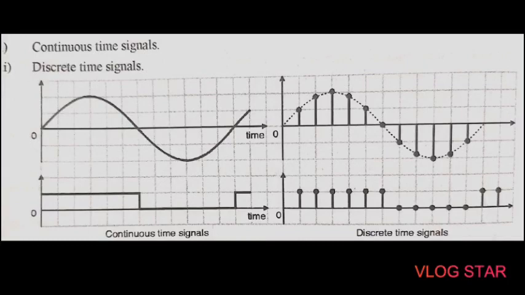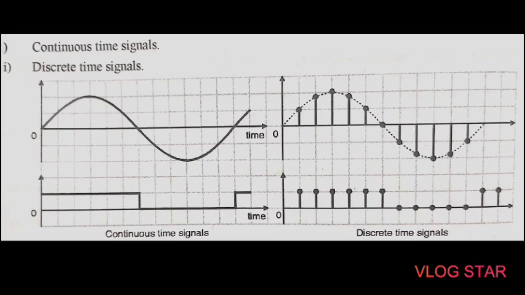In a previous video lecture, we studied the generation of FM using direct and indirect method. In today's video lecture, we will discuss the sampling process. Then after that, we will see what is meant by pulse modulation. In that, we will study different types of pulse modulation: first PAM, pulse amplitude modulation, second PWM, pulse width modulation, and third, pulse position modulation. Okay, so let us start with the first point, that is sampling process.